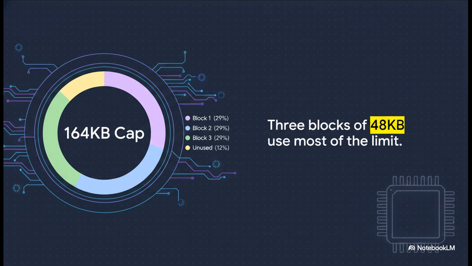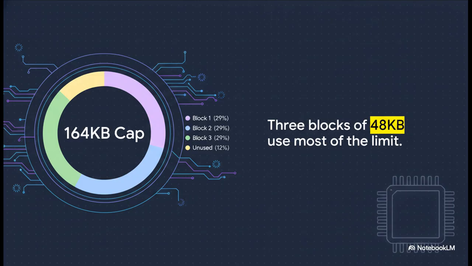That 48 kilobytes goes into our 164 kilobyte capacity exactly 3 times, leaving this small 20 kilobyte slice totally unused. Meaning, the SM can only fit 3 blocks inside the A100's limit. 3 blocks of 256 threads equals 768 threads, or 24 warps. So once again, even though the SM is theoretically capable of running 64 warps, the shared memory completely restricts the